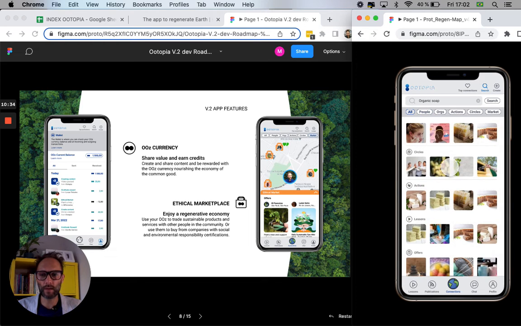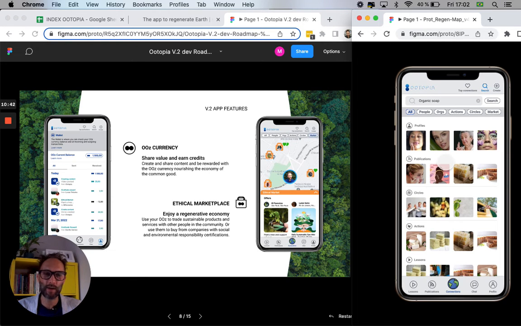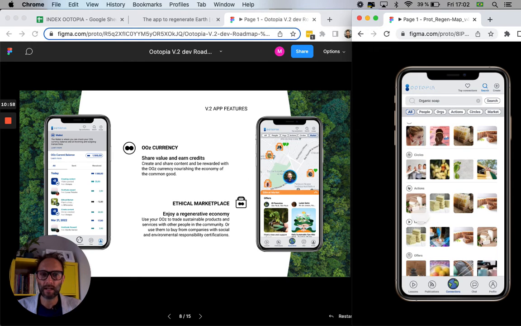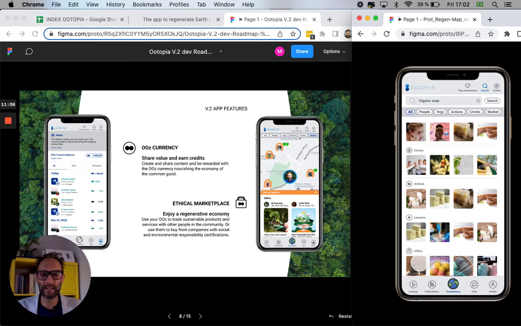And here I can find the results on every different level of content of the application. So this is a tool for convergence, where I can find different levels of information in a very easy way. So I can see all the profiles that are related somehow to organic soap, all the publications, the circles where people are talking about this topic, the actions, probably gonna find some lesson that's going to teach me how to make organic soap, and obviously I'm gonna find some offer where I can actually buy organic soap